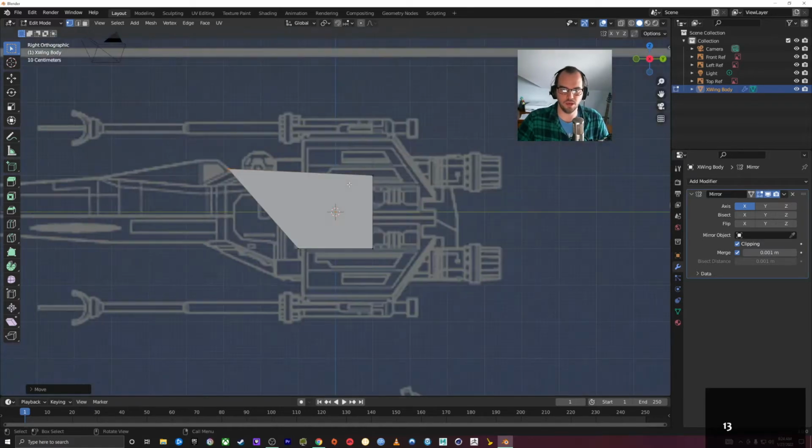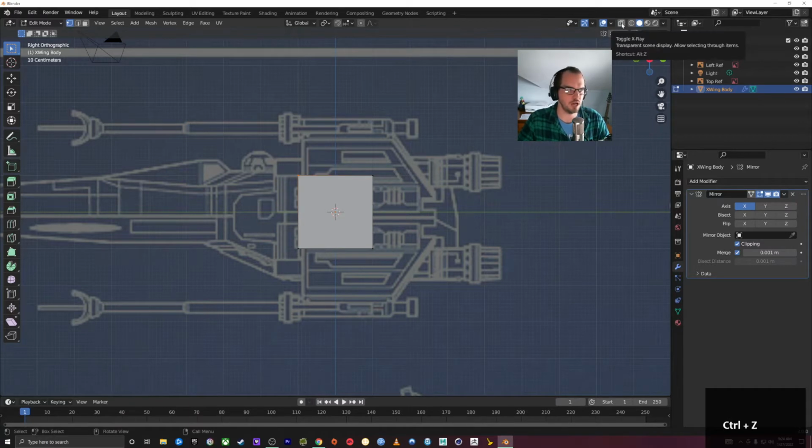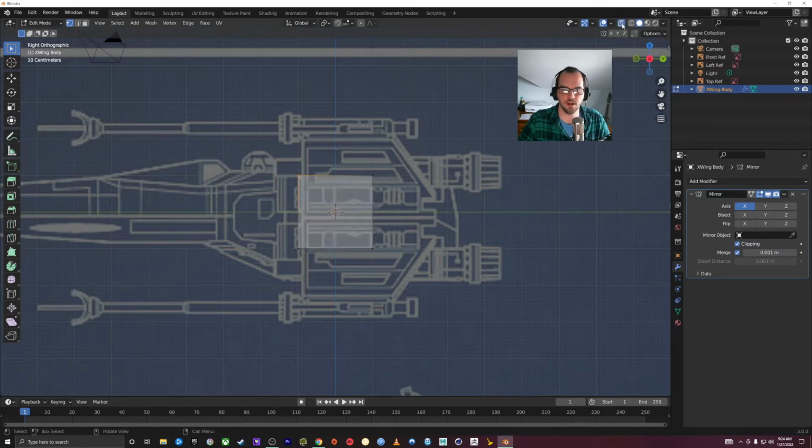So what we can do, I'm going to undo that. This button right here, top right, toggle X-ray. The shortcut is Alt-Z. But what this does is, you can see that when I enable it and this turns blue, my cube becomes a little bit transparent, and it allows you to kind of